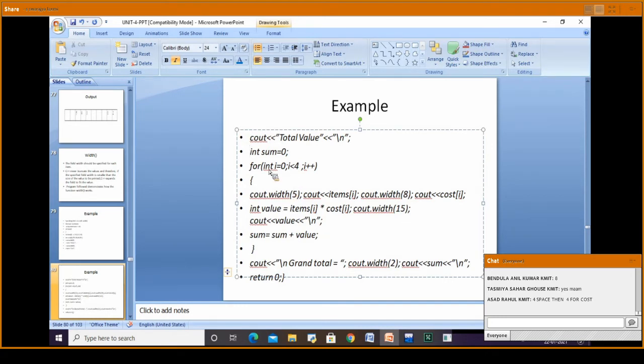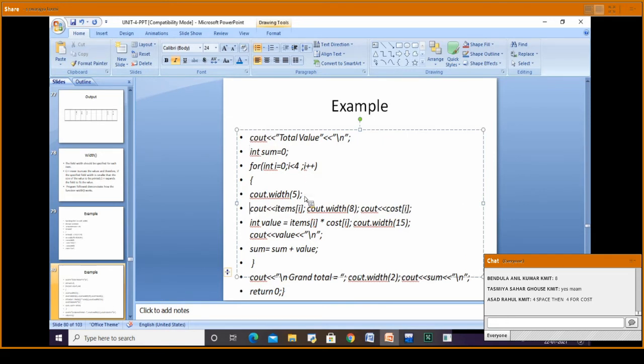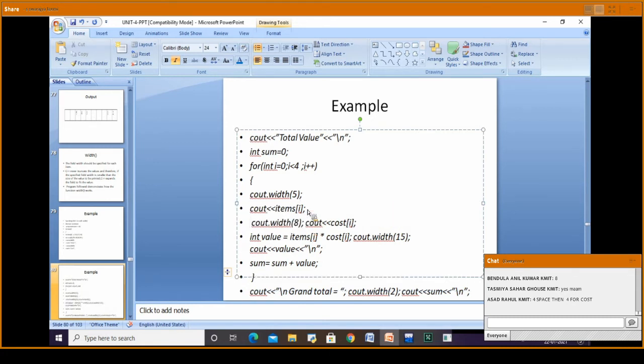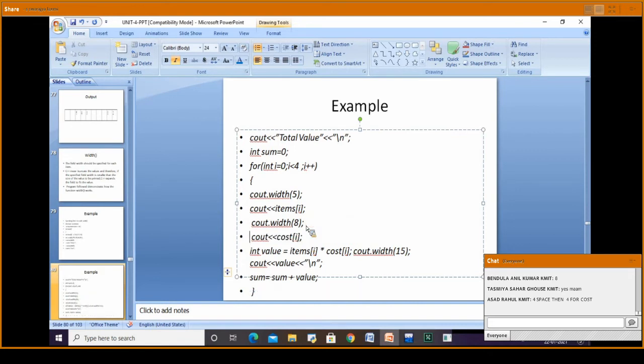I'm taking int sum is equal to 0, i is equal to 0, i less than 4, width of 5, and I'm saying in that width of 5 items of i. Again width of 8, cout of cost of i. That means the array values whatever I had I wanted to store. Then you observe this line.